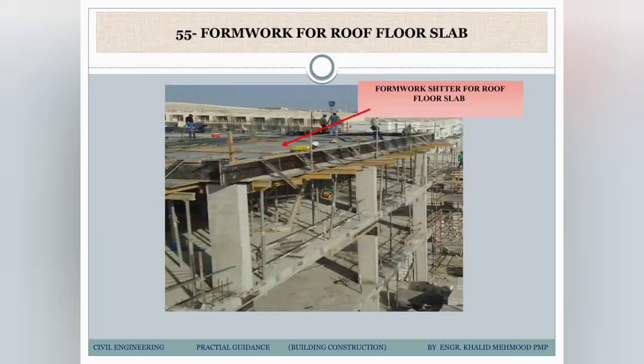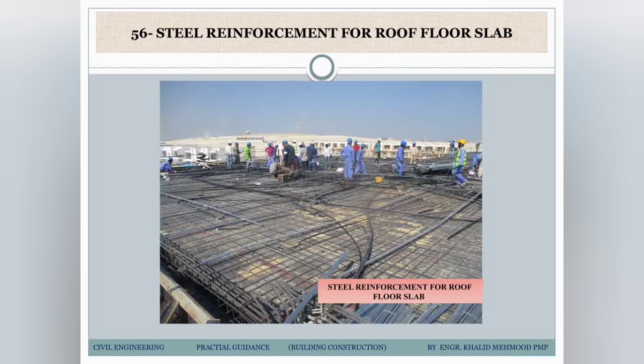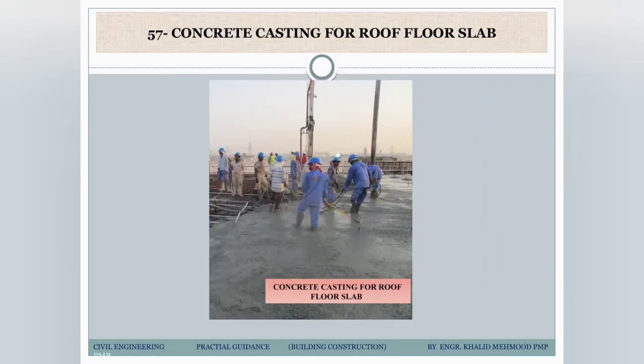Now we are ready to start the formwork for the roof floor slab. Roof floor slab formwork is going on, is done, and it is the same activity which we did at the first floor and the second floor. And then again we will do the steel reinforcement for the roof floor slab. In the steel you can see the slab is plain from the top, and there is no steel going above the slab because it's the last slab of the project. It's a ground plus 2, it means 2 plus roof. So the concrete is going on for the roof floor slab.